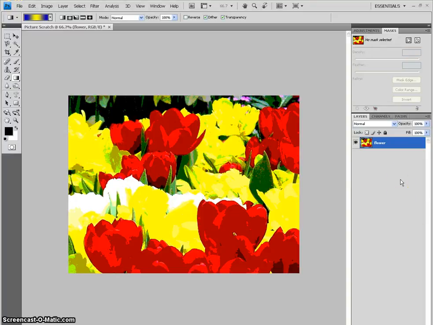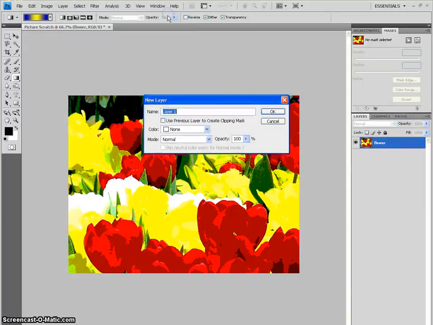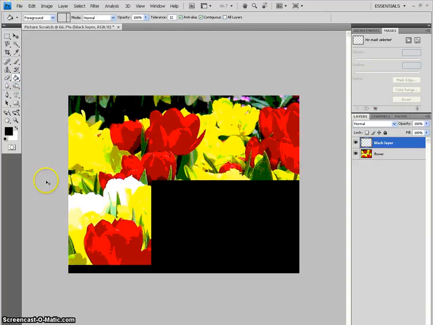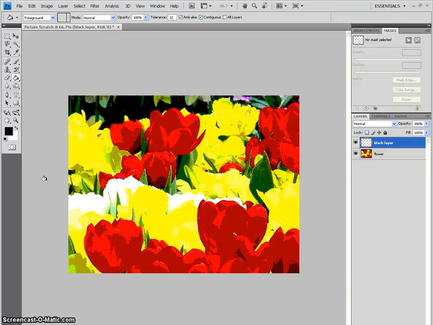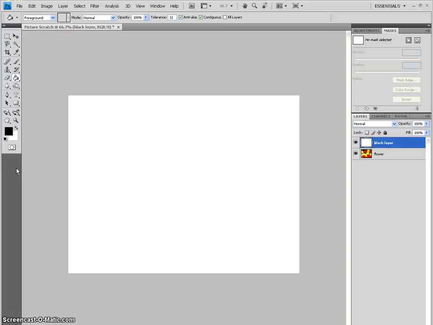And then again, like we did in the other 2 scratches, we're going to make a new layer, and we're going to make this our black layer. I want to go to Layer, New Layer, and we're going to call this Black Layer. And obviously it's not black right now, so we're going to use our bucket tool and make it black. If I Control Z to take that away, remember the shortcut that I said that would make your canvas automatically have a black or a white or your forecolor or your background color? That was Alt Backspace. And remember, Control Backspace was the other one,